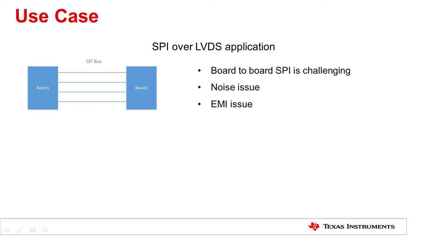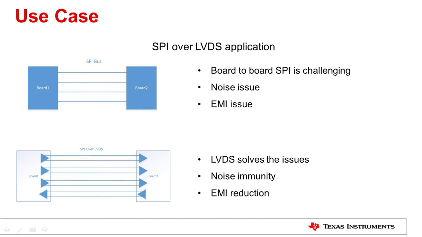Electromagnetic interference is also a concern as the high-frequency portion of the SPI signal radiates outward, allowing the signal to couple onto adjacent signals. The advantage of LVDS can be utilized to combat these challenges. LVDS devices such as DS90LV011A and DS90LV012A can take the SPI signals and convert them to low-voltage differential signaling. LVDS works well in SPI applications due to its bandwidth, noise immunity, and EMI reduction.